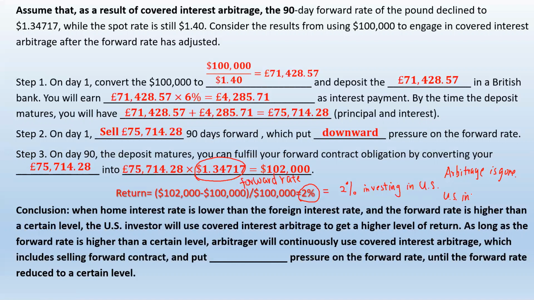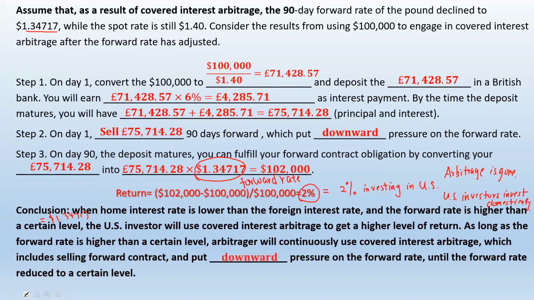The U.S. investor will invest domestically. So, conclusion: when the home interest rate is lower than the foreign interest rate and the forward rate is higher than a certain level, and the certain level is this, when the forward rate is higher than 1.34717,